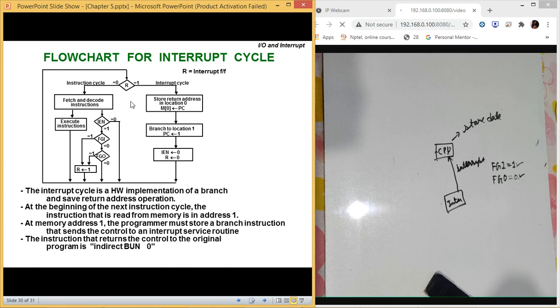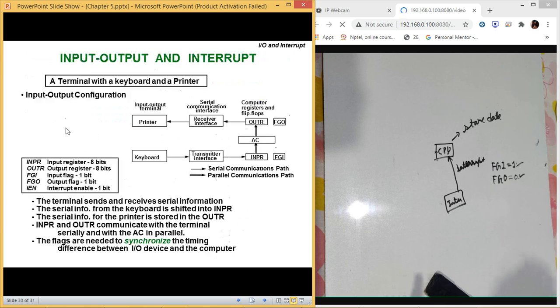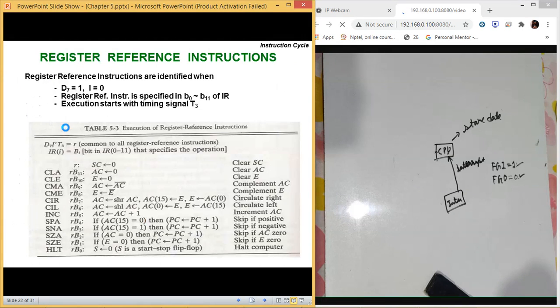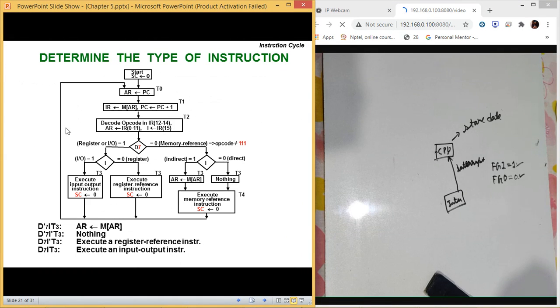How is it executing the instruction? There are two types of cycles. One was the instruction cycle, which we did earlier, like fetch, decode and execute, with different types of instructions. This one was the normal instruction cycle.